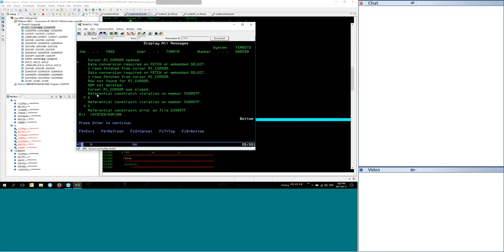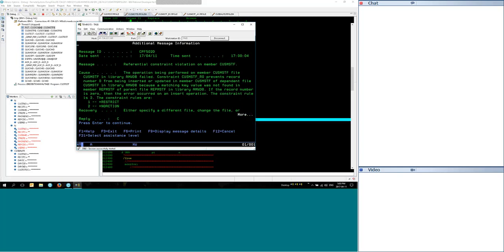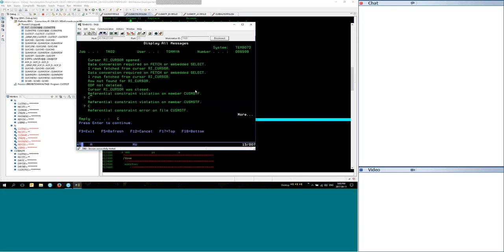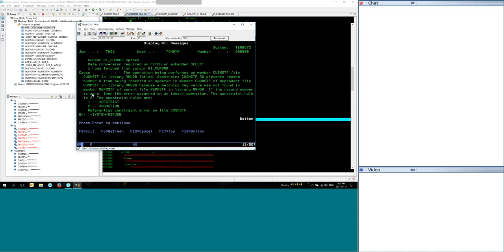and I am showing a referential constraint error. The operation being performed on custom mask file failed. The constraint custmask R0 prevents record number 0 from being inserted or updated of dependent file, etc., because a matching key value was not found in member repmask file of the parent file repmasked in library AMWDB. So, what's happened is that the error, which is that referential constraint there,